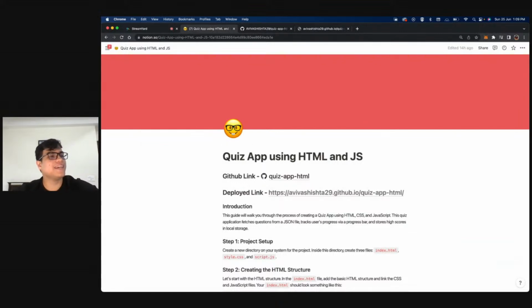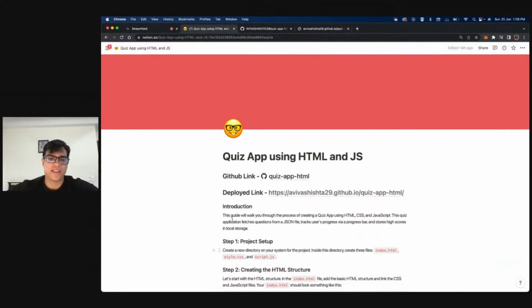Exactly, Ishika. Ishika says previous question buttons can be added. And yes, I feel the previous question button should also be added. It's up to you. My job as an instructor for today was to give you a basic start and a basic quiz app. I would definitely appreciate it if all of you applied your own logic, your own questions, and your own designs to make this application better and better. We will come to that part as well.